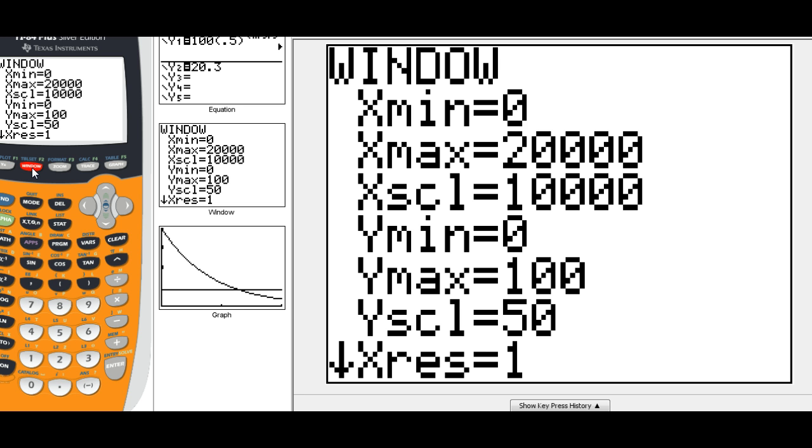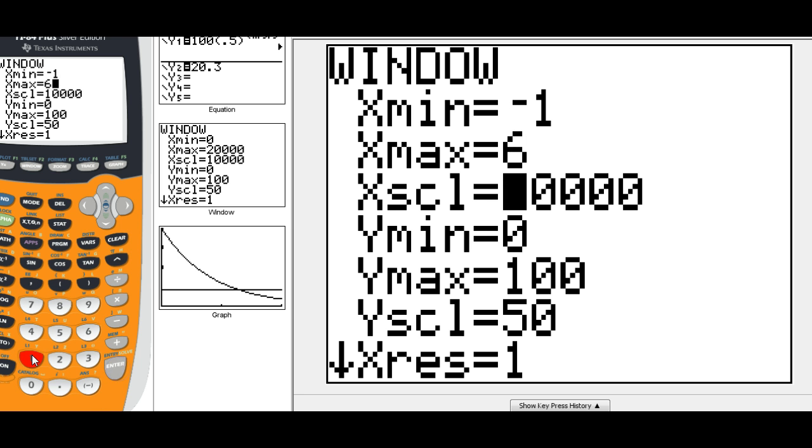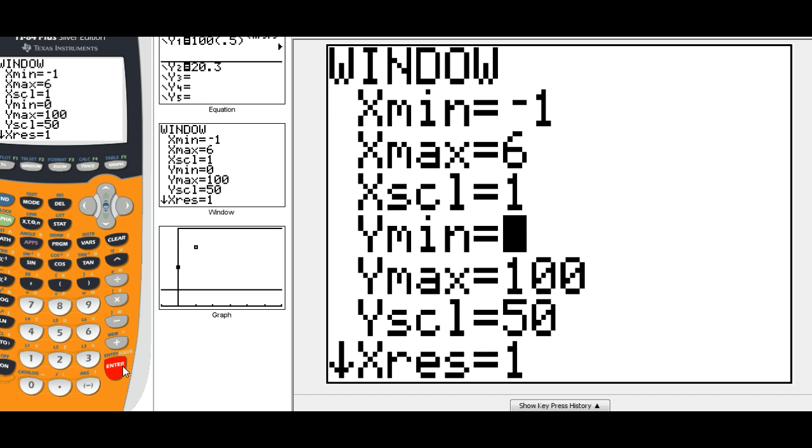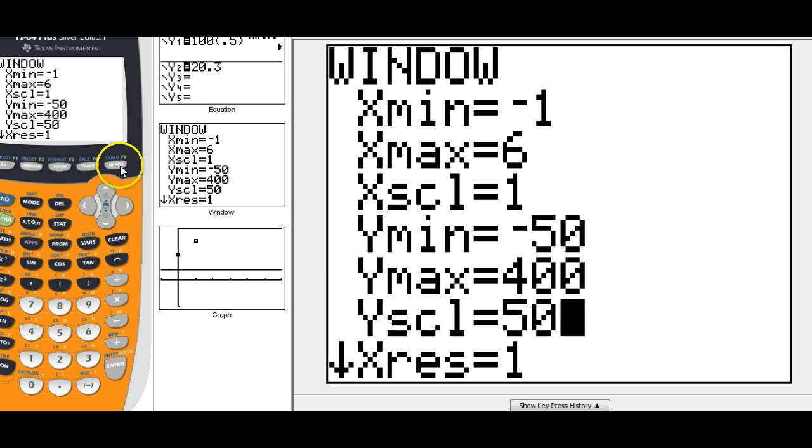So make sure you have a window setting that makes sense. So the number of hours should go from 0 to, like in our notes, it's 6. Maybe just so I can see the y-axis, let's go from -1 to 6 by a scale of 1. And the minimum bacterial growth, again, just so we can see the x-axis this time, let's go -50 to 400 by a scale of 50. So now if we hit graph,